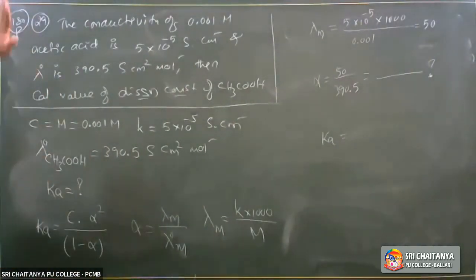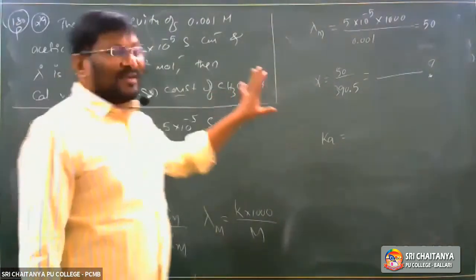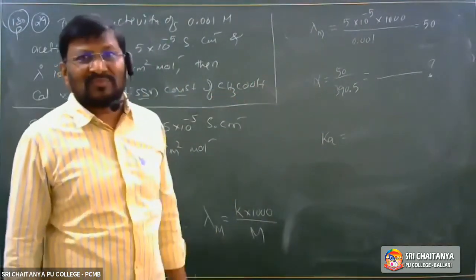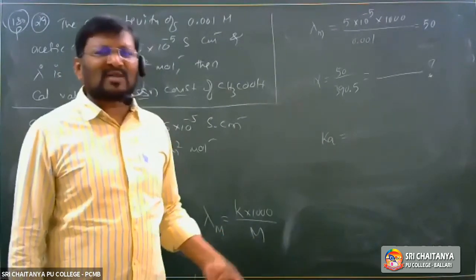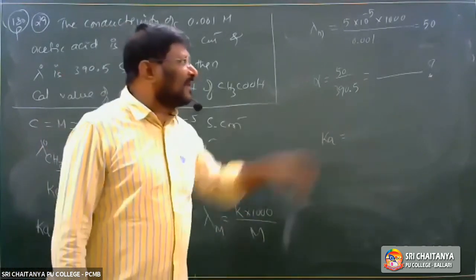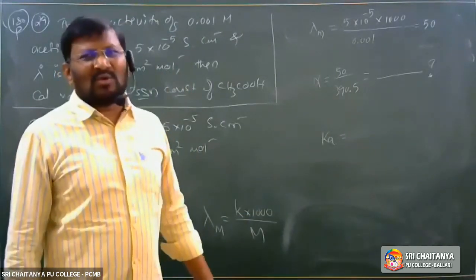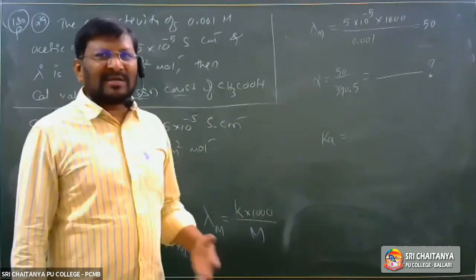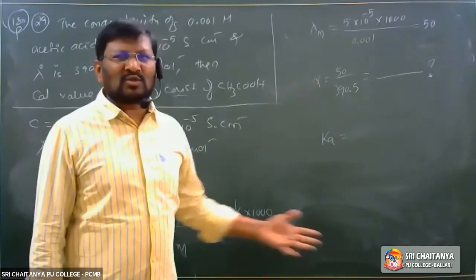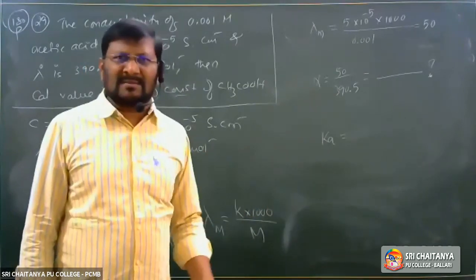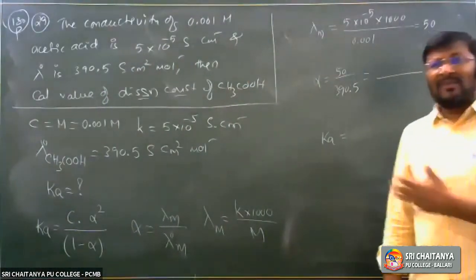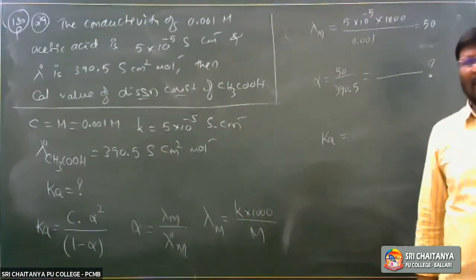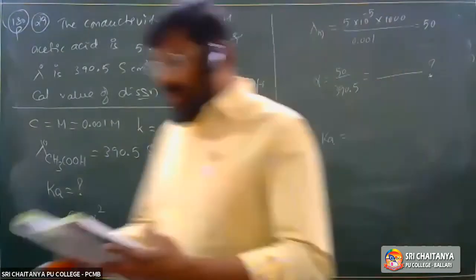In the PU exam, no problem, a calculator will be there. Whereas in competitive exams we should be very careful, with slight approximations. Suppose 390 is there, 390 is around 400, so it is equal to 400, that means 4 into 10 square, and accordingly we do it. But you should have a very strong hold on numericals; only then can you apply that approximation. So that is problem number 29.